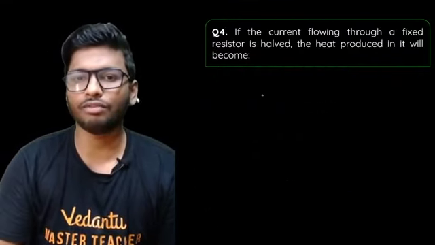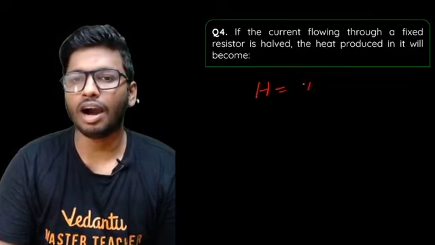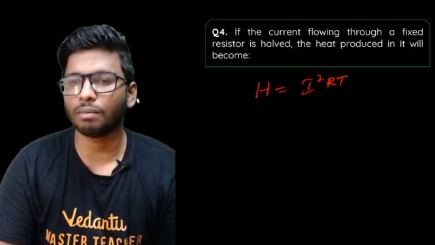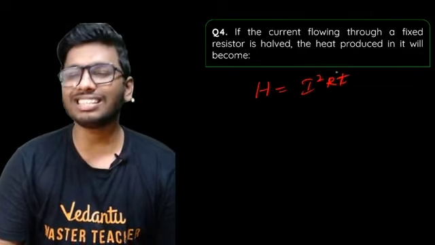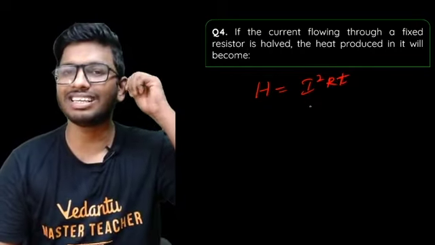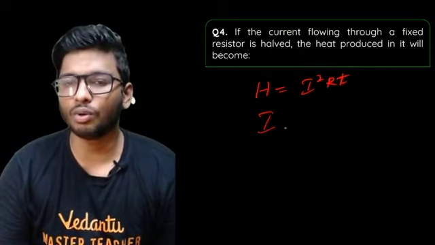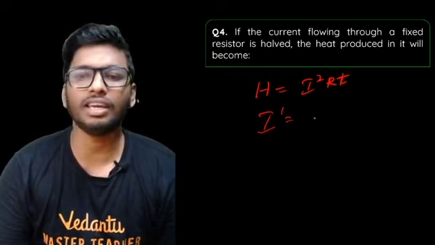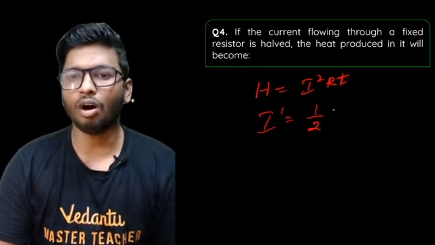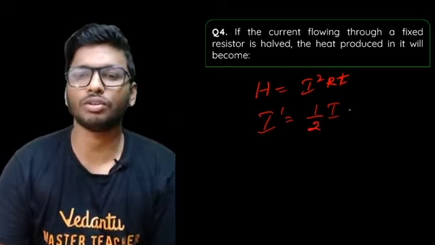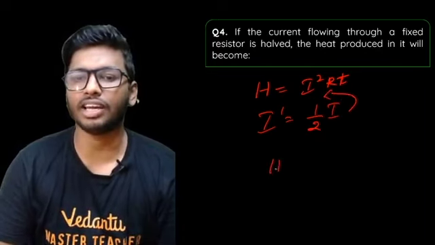So first of all, write down the formula, guys. That is H is equal to I square RT. That is a formula that you already know of. So in this case, they're asking you, what if you were to decrease the current by half? So the new current, I'll take it as I dash, would be equal to 1/2 of the original I. So I'll just substitute the value over here. So basically it'll be H is equal to